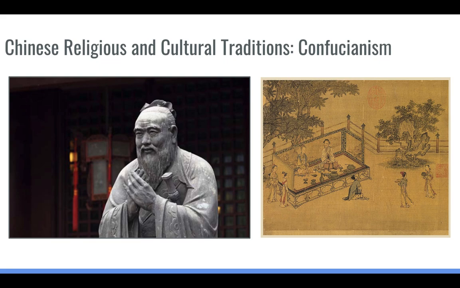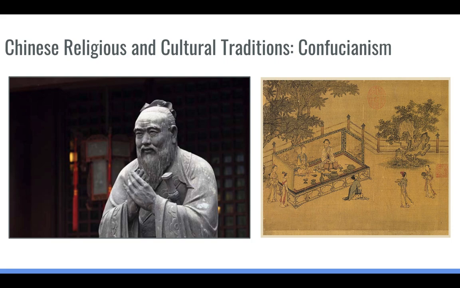And Confucianism comes about with Confucius himself, who lives around the year 550 BCE, right at the beginning of this classical era. And Confucius taught that it was all about relationships. That's how order was achieved in society. And he taught about 5 key relationships: ruler to subject, father to son, husband to wife, elder to younger, and